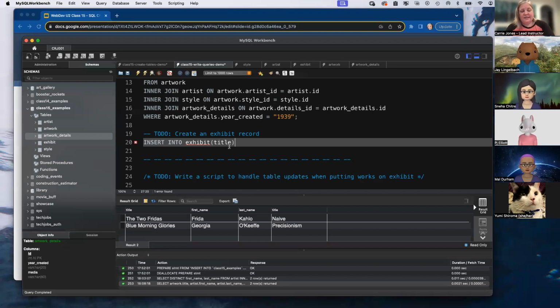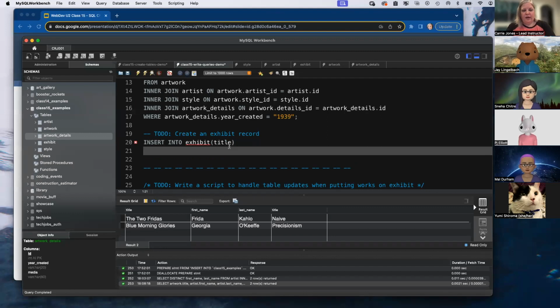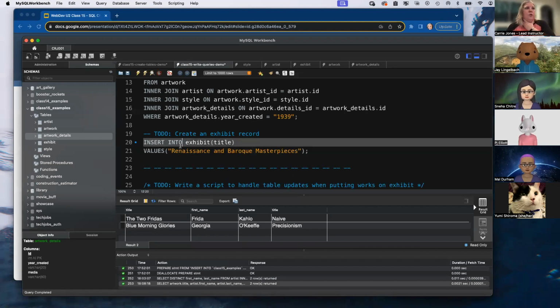So we need to specify, I'm only giving you the data that's not an ID. And so you name the columns, right? So I'm just giving it title. That's the only other column. And then I'm going to say the values is just a single value, which is Renaissance and Baroque masterpieces. That's what we're going to call this exhibit. Okay. So we will run this